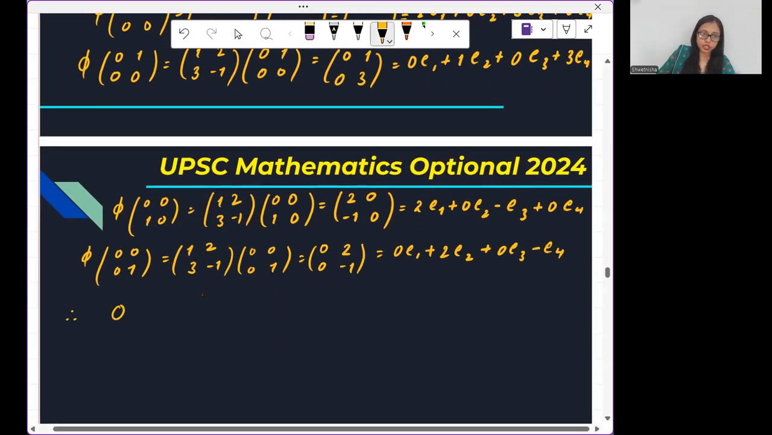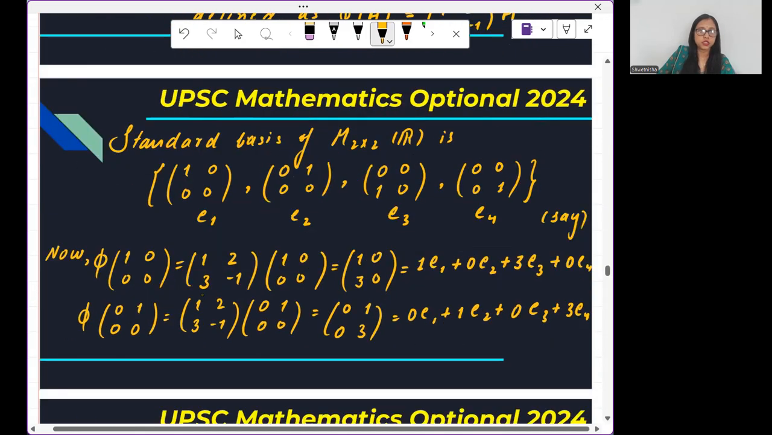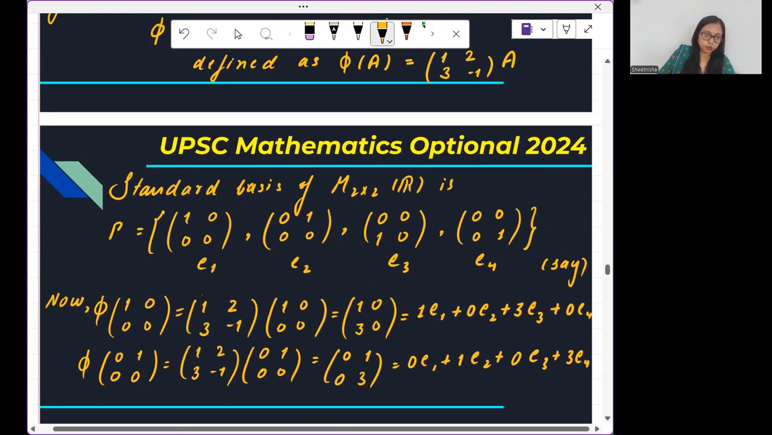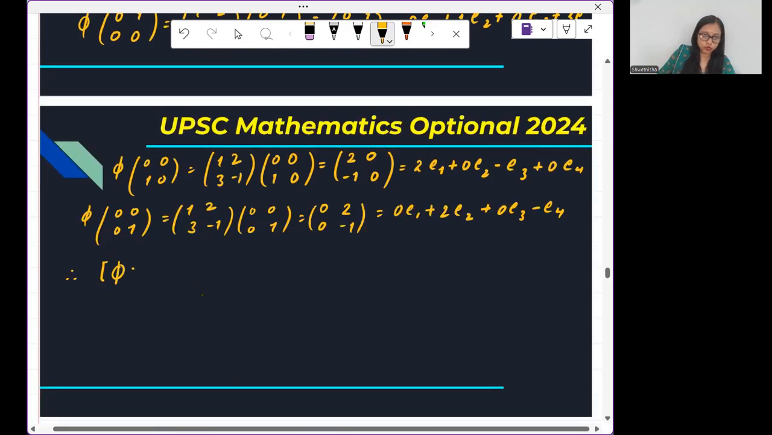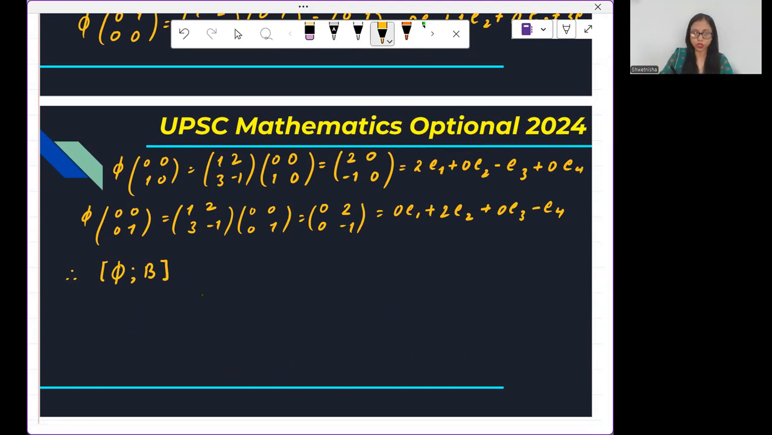Therefore, the matrix notation of this, let me take as B. So the matrix notation of this phi with respect to B is the notation of representing a matrix corresponding to a linear transformation with respect to a given basis. If you use anything different from any other book, that's fine. I usually prefer this notation. So this matrix will be given by,